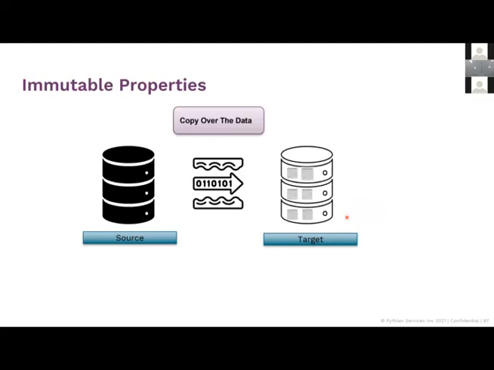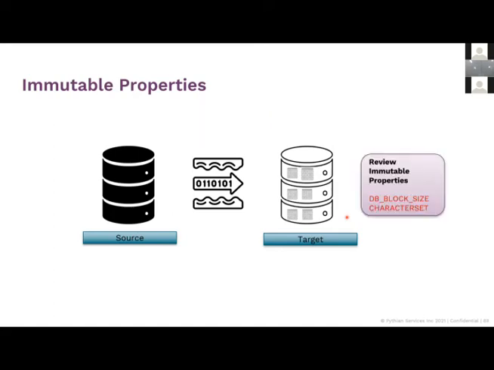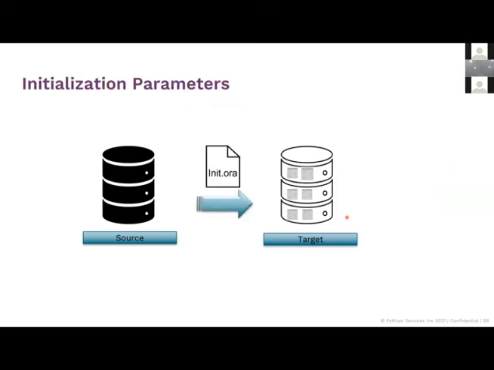That's your logical migration. Now, since you're building out the shell database beforehand, what you need is the immutable properties of your database to be precise. These should be exactly what you desire, or preferably exactly what it is on the source, because you can't change them once the database has been created, right? You'll have to redo the entire thing from scratch. So in order to avoid that, please make sure that the immutable properties are set as required.